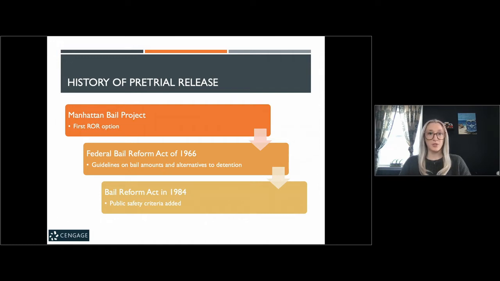A study actually showed that low and medium risk offenders who were incarcerated pre-trial were 2 times more likely to reoffend after they were released from prison and served their sentence. Whereas high-risk offenders showed the same recidivism rates, whether they were detained or released pre-trial. So it shows you that there are negative consequences and that we could potentially be increasing recidivism by detaining low and moderate risk offenders pre-trial.